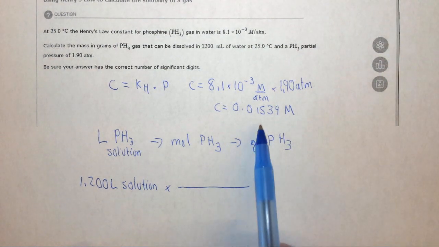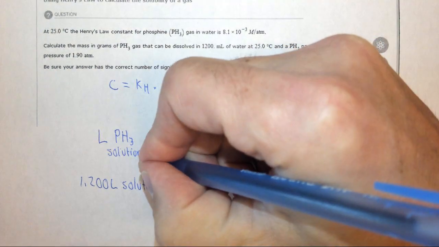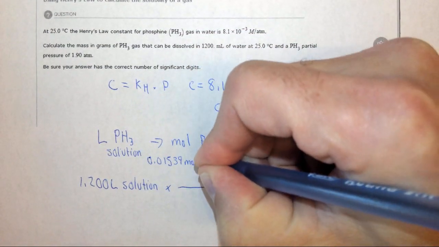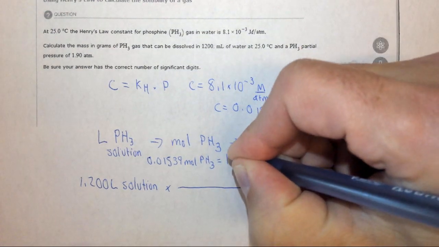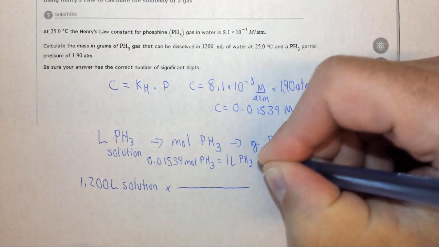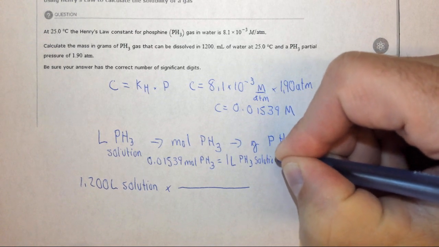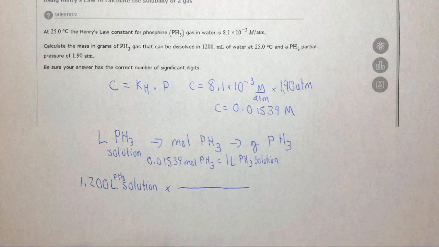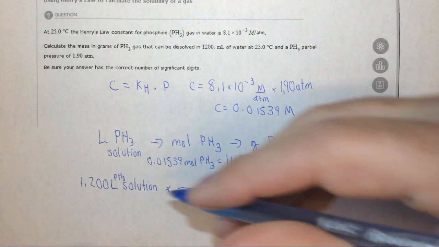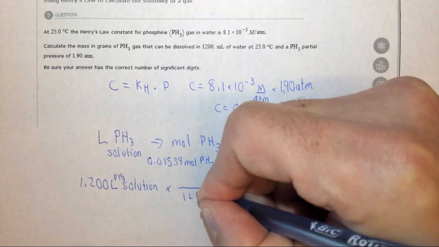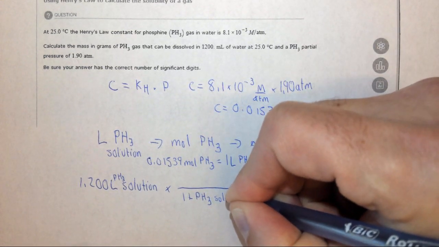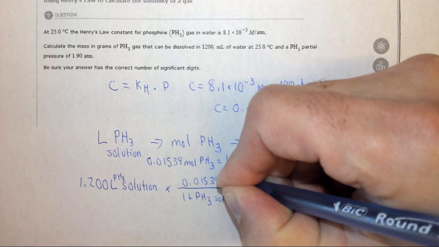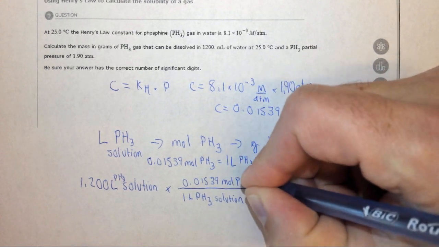times, well, this means that we have 0.01539 moles of PH3 is exactly equal to 1 liter of the PH3 solution. And just for clarity, I'm going to put PH3 here. So this is our relationship. So we want liters to cancel out, so we put the 1 liter of the PH3 solution on the bottom, and the 0.01539 moles of PH3 on the top,